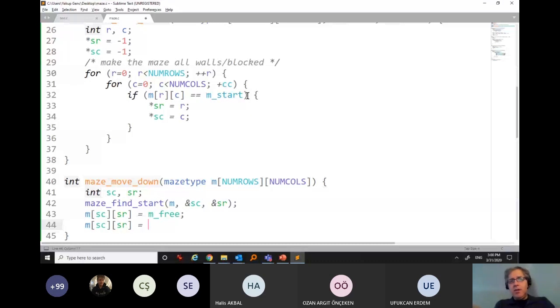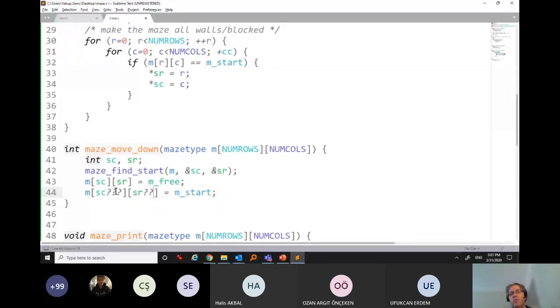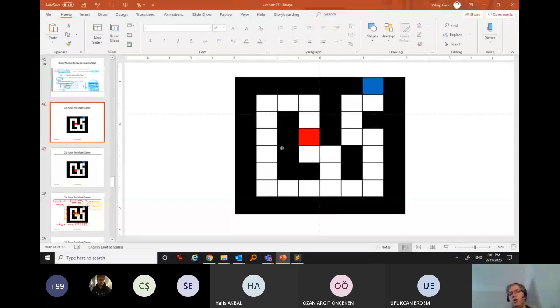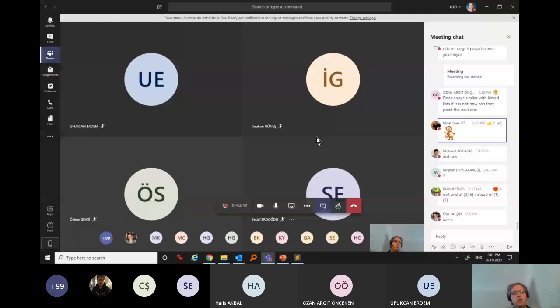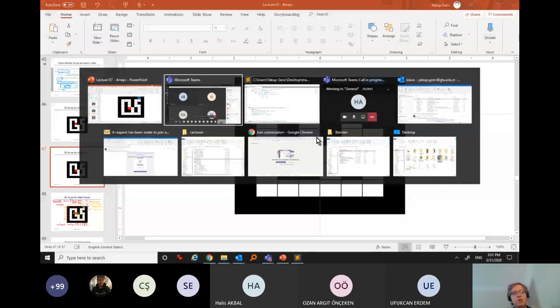How do I change it so that now my start position moves from the current location to the next location? So I need to do something here and something here. Assuming that it is empty, what do I do? How do I change these entries and move my start position from up to down? So from here to here. So a C++, all right? So what you are saying is that you do a C++ here. And SR,